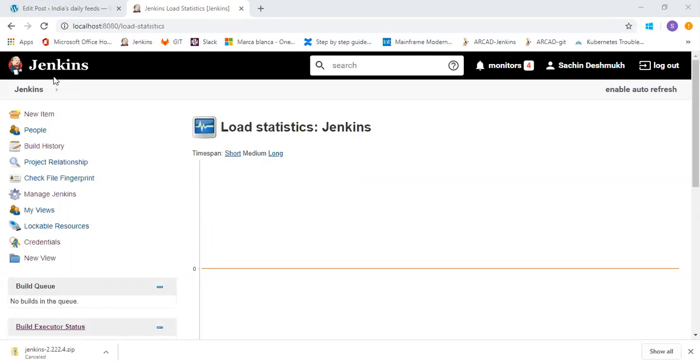Next option is Jenkins CLI. CLI is the command line interface. So using this option, you can access the various features in Jenkins through the command line. To run this CLI, you need to follow some commands so that it gets started.